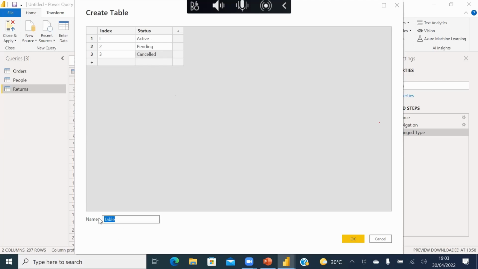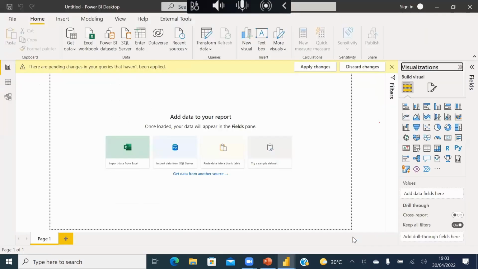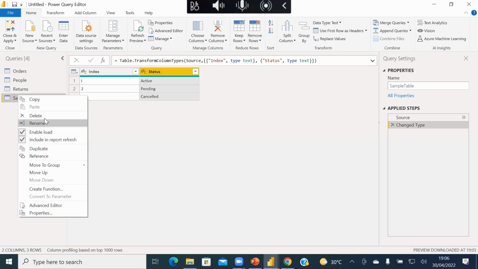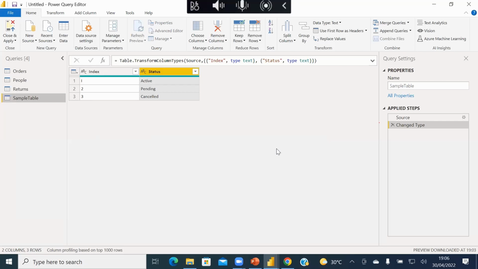We can call this table sample table and click on OK. You realize that we now have that table here. By clicking on enter data, you've been able to create a sample table manually. So these are ways you can get data in Power BI, right? So what I have to do is come here and delete this.